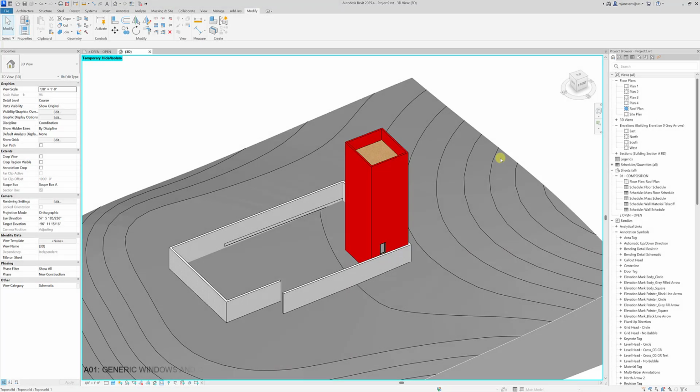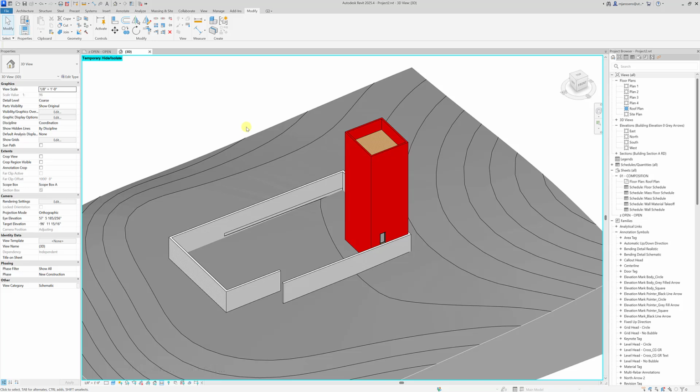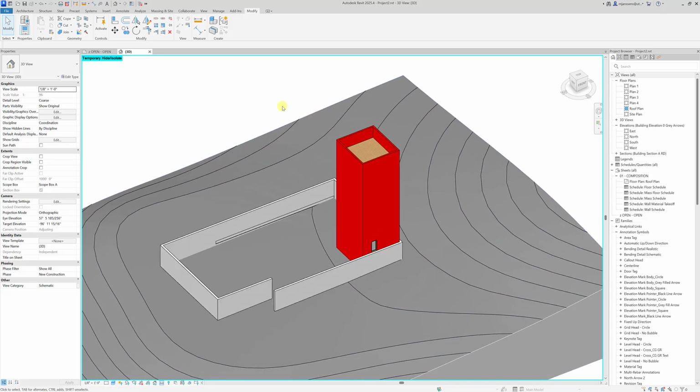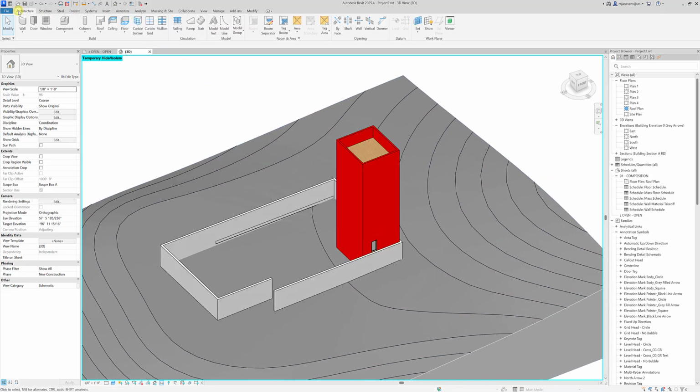Let's go over windows and doors. Now, for this project, we're going to be using some sort of abstracted versions of windows, which are usually how you're going to start a project early on when you don't know a manufacturer or if you are still setting the window location. To place windows in Revit, it's going to be under the Architecture tab, and there is a